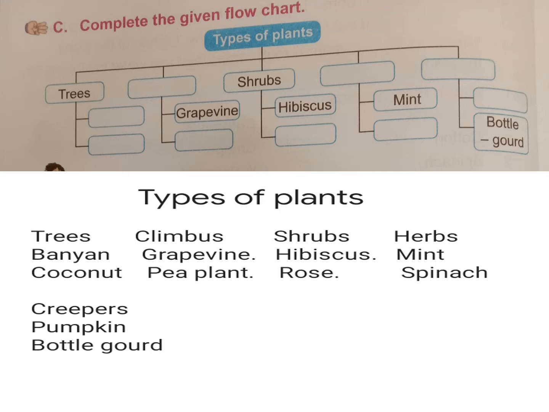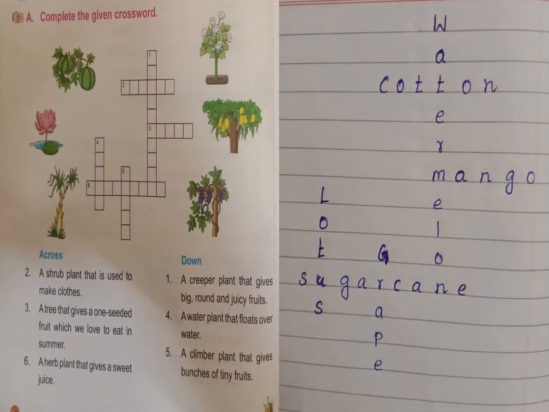What did you write, children? In your homework, what did you write? What is your answer? I have given pumpkin. If you write wrongly, you want to write again. If you write a correct answer like creeper, any creepers, no problem. That's good. I have given pumpkin. Okay, children, have you checked your homework? Okay, very good.